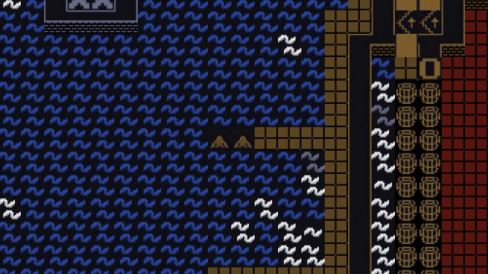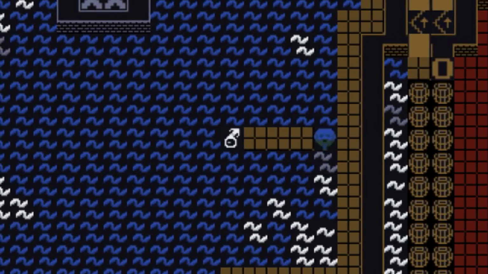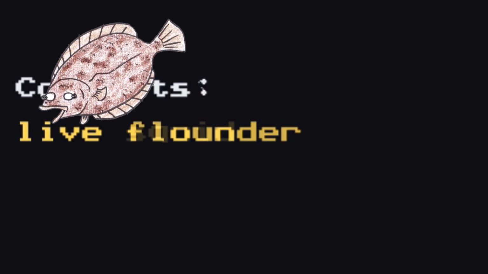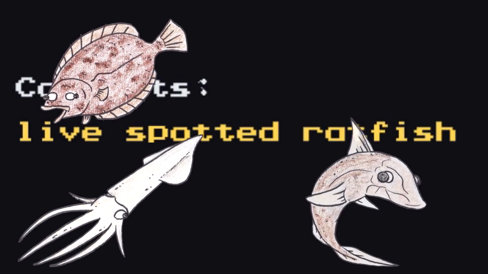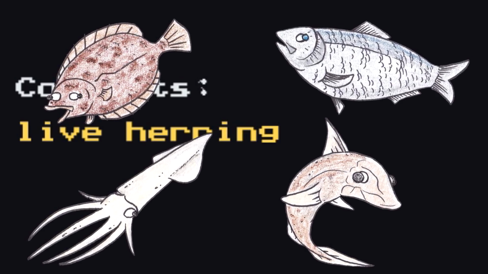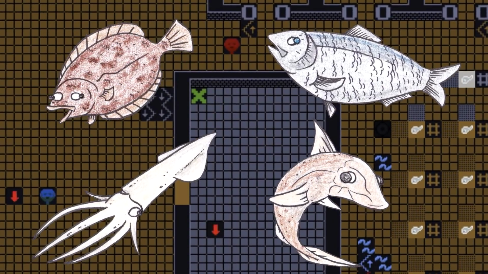Okay, here we go. Fisher dwarves in some traps, setting them on the dock. Oh, and there we go. We now have some more live fish, including a flounder, a squid, a spotted ratfish, and a herring. Very cool. Okay then. Well, not too sure how this is going to turn out, but I'm going to try